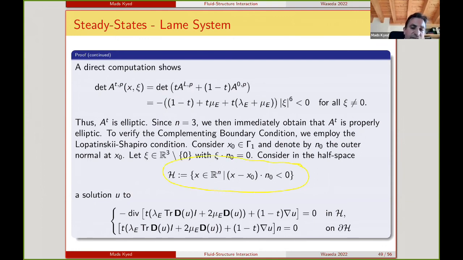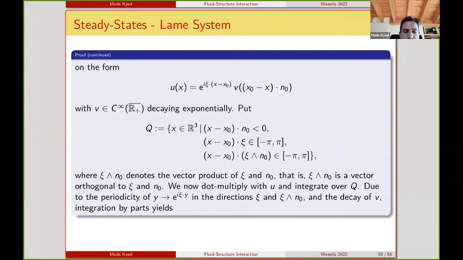I fix some psi, which is tangent to the half space, and n naught here is the normal component to the half space. Okay, and then I consider my problem, the A_T problem in the half space, and the Lopatinski-Shapiro condition or the theorem says that if I have a solution of this type here,